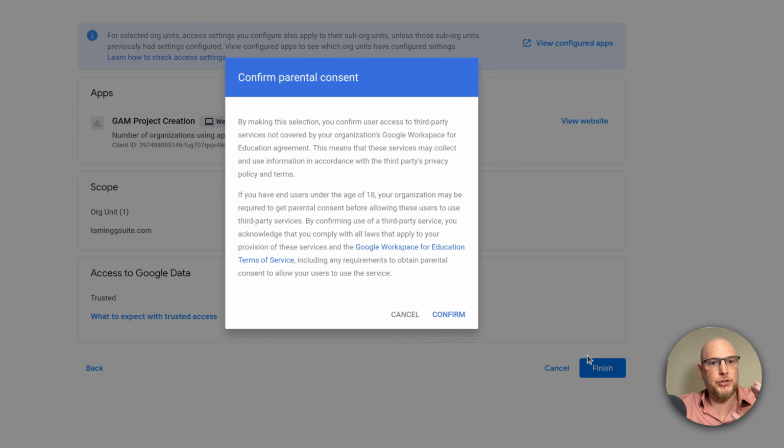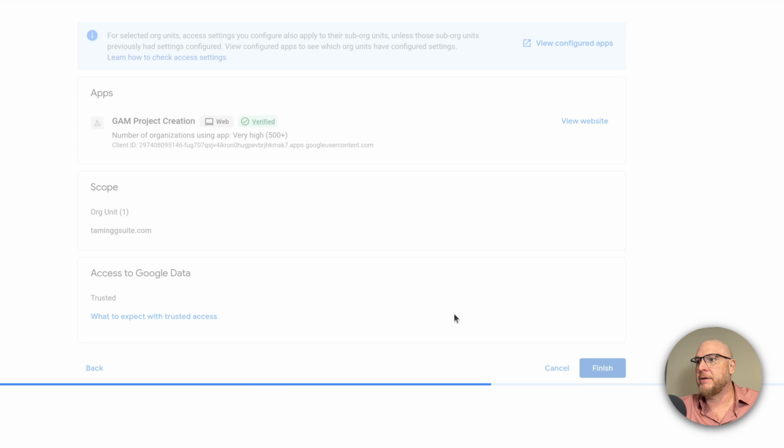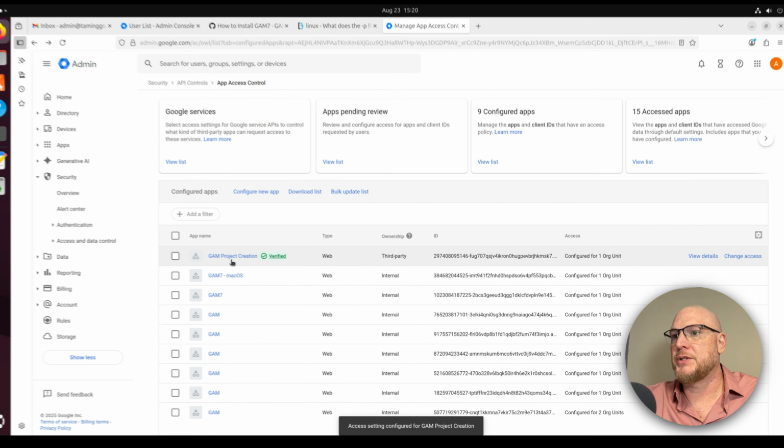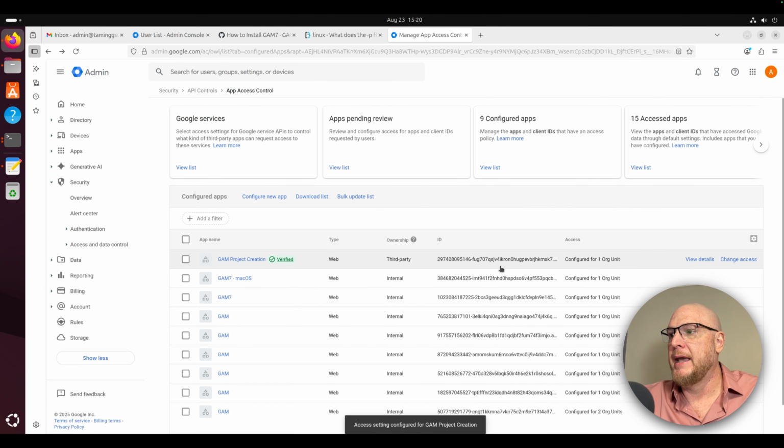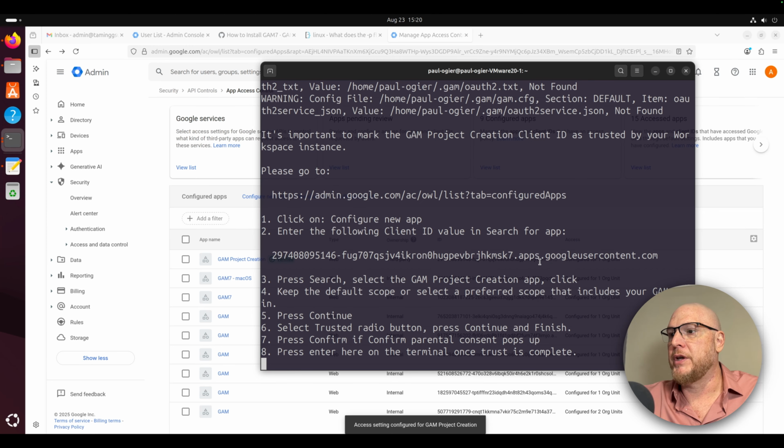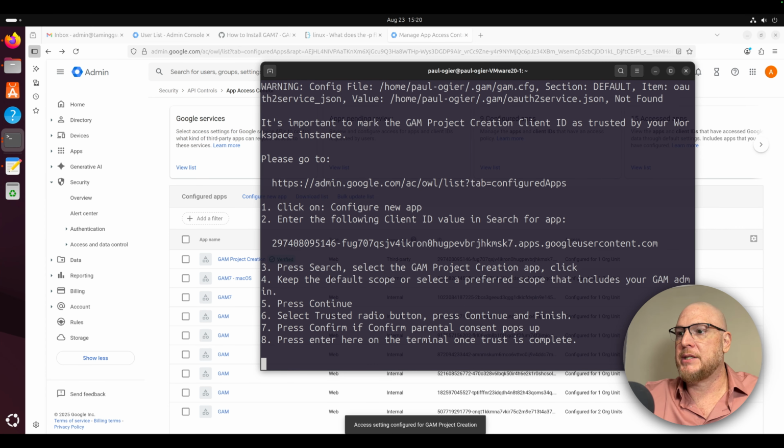And because this is a school tenant, it's going to ask me for all my users under the age of 18, are you sure we want to do this? I'm going to say confirm. And you'll see this new GAM project creation has been added. If we go back here, we're going to push enter in the terminal,